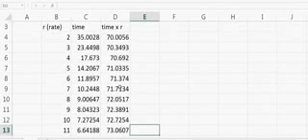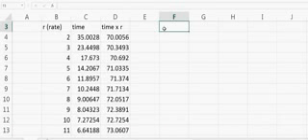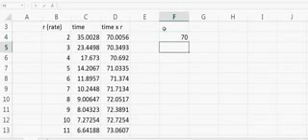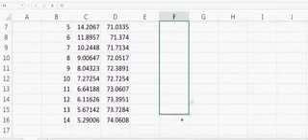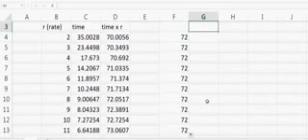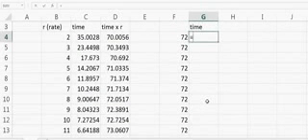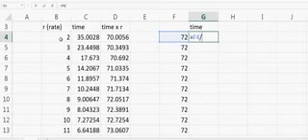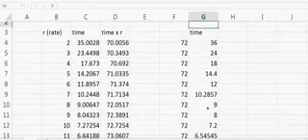71. So if we approximate the number to be 72, then all we need to do is use the same approach. Using our trick, instead of using 70.005, I will always use 72. So I keep using 72 for all these rates, and then I'll calculate the time. Time will be equal to 72 divided by rate. Now you can see that I get